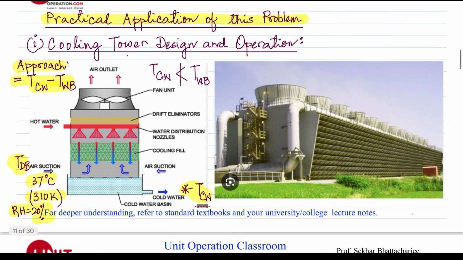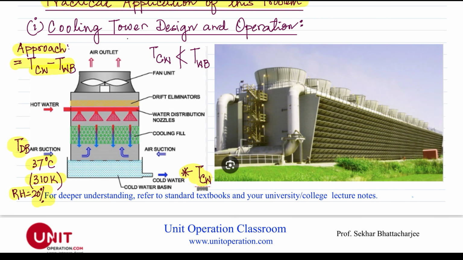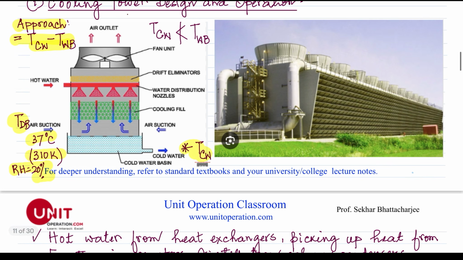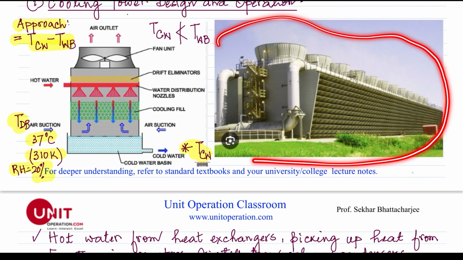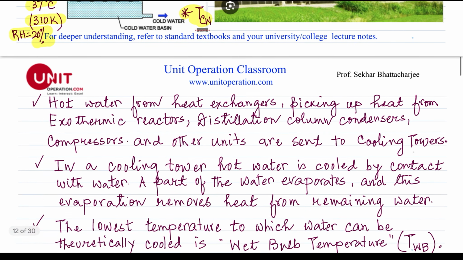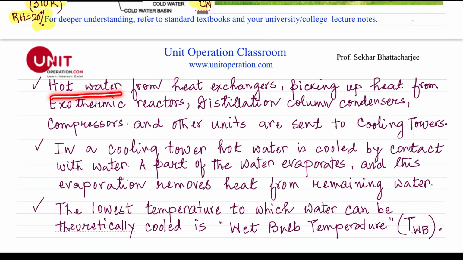Now, what's the practical application of this problem? There's a lot of application of this problem. One of the standard ones is, of course, cooling tower design and operation. What's a cooling tower? This is very much an industrial cooling tower, and this is a schematic diagram here. So what it does, hot water from heat exchangers,